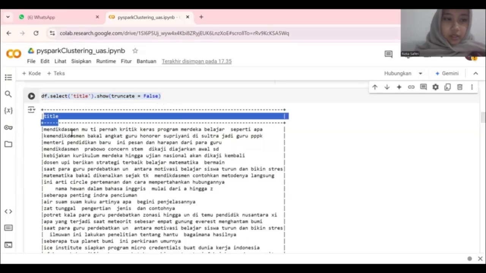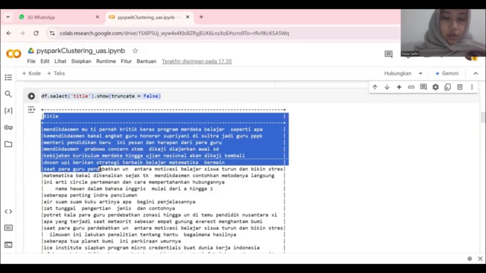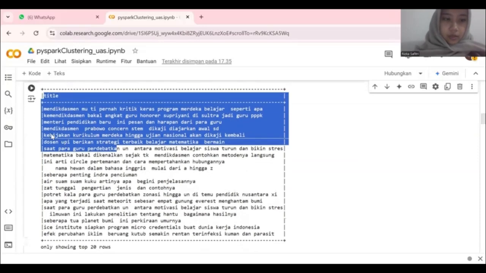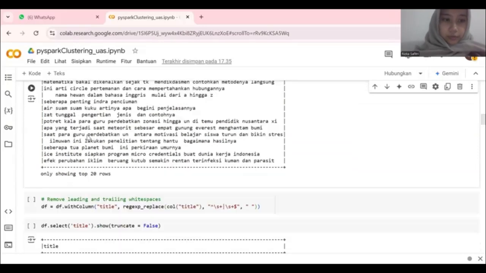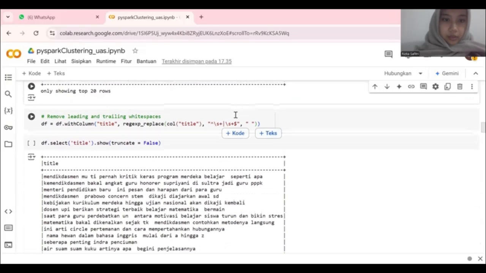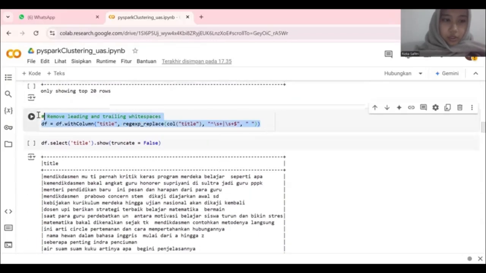We can see the replacing or transformation in this output. And then this code is to remove the leading and trailing white space from the title column in the PySpark data frame.